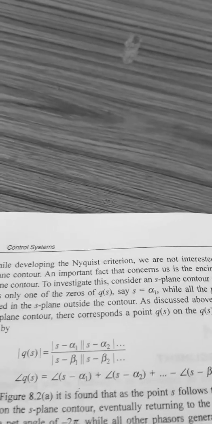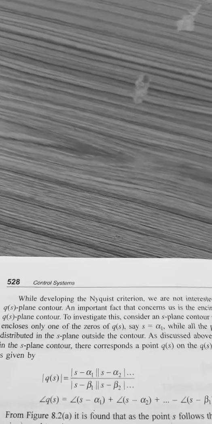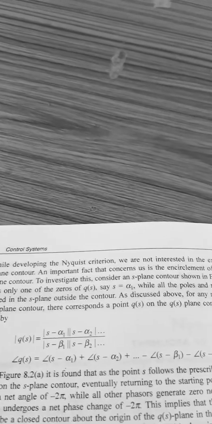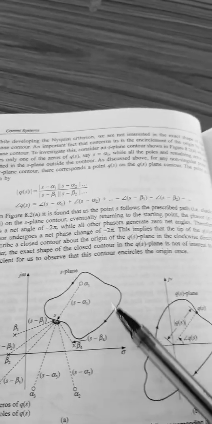So again, I'm continuing with the previous video. Here we'll take an example. To investigate this, consider an S-plane contour. This is the S-plane, with S equal to sigma plus j omega. This is an S-plane contour, a contour which encloses only one